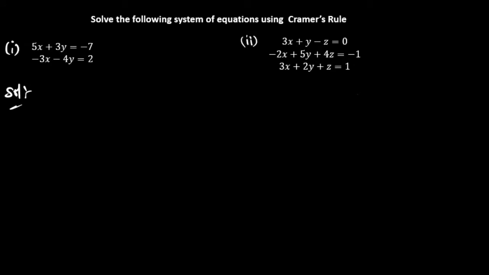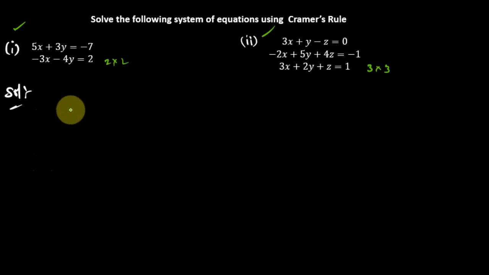So in this video, I will be explaining how to solve the given linear equations using Cramer's rule. Here I took two examples. In this first one, I have two unknowns, so this is called a 2 cross 2 matrix for Cramer's rule. Here I have three unknowns and three equations. Therefore this is a 3 cross 3 matrix for Cramer's rule. Both I will explain now.